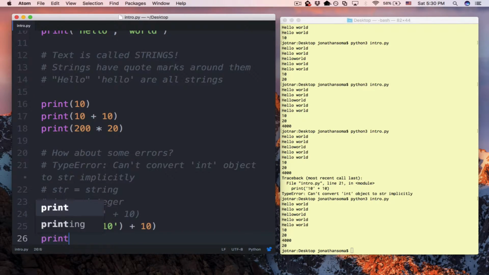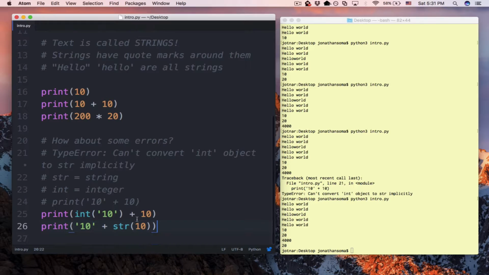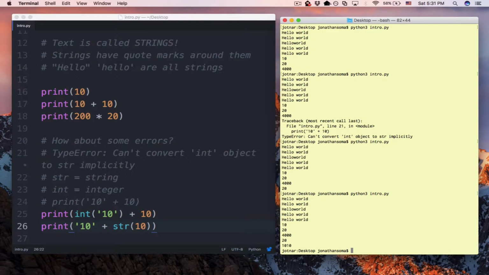20. We could also do print, and we'll print, if we did the 10 plus 10 again, instead of converting this first number to an integer, we can convert the second number into a string. We run it. Hey, and then we get 10, 10 because it's adding them together in the same way as